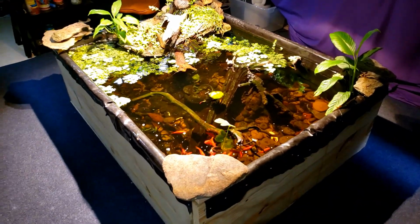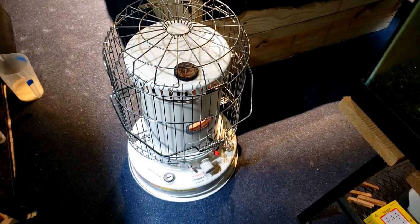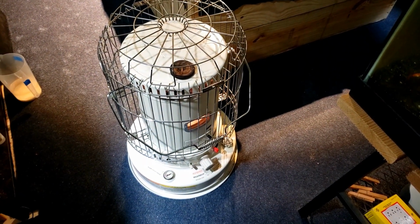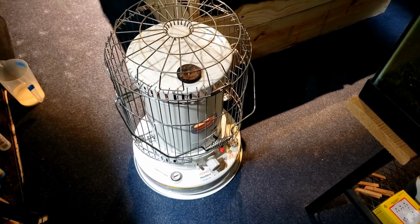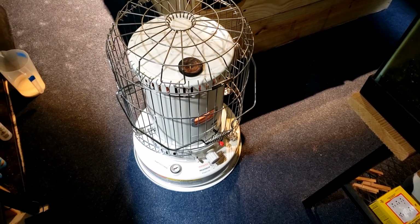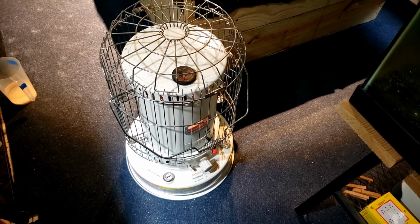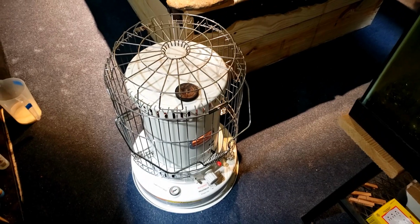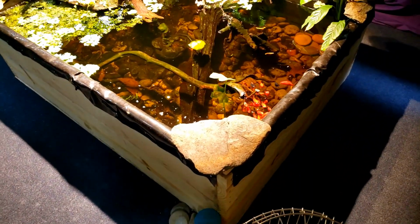So what we're doing today is we are jacking up the heat in the fish room. It is so stinking warm in here. It's gross, but I'm trying to get everything warmed up in here. I'm just trying to get all the tanks nice and warm. I'm trying to get the concrete nice and warm. I want the wood that this is made out of nice and warm, and I want to get that water